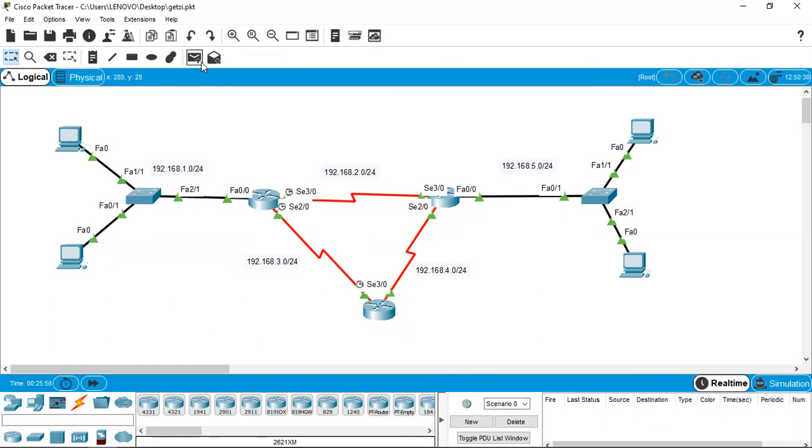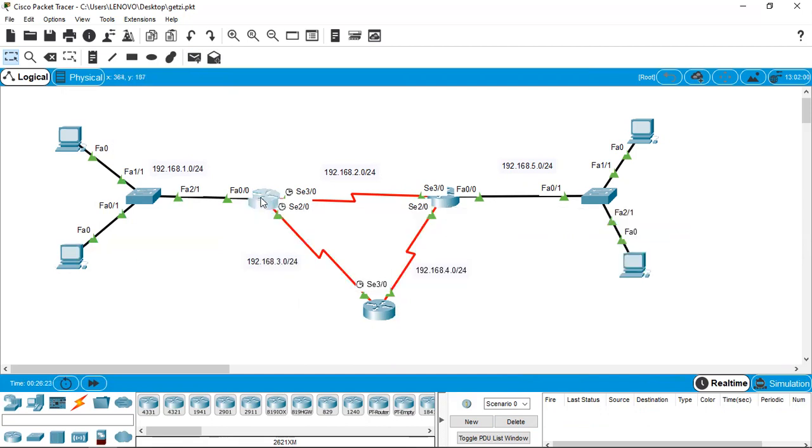Now let's see whether this machine is able to send something to this machine. You can see it says failed. No problem, you can try again from here to here. It says in progress, it failed. Now there is a trouble which we have clearly realized, that something has to be done so that these machines will be able to talk to each other. Right. So what can we do?